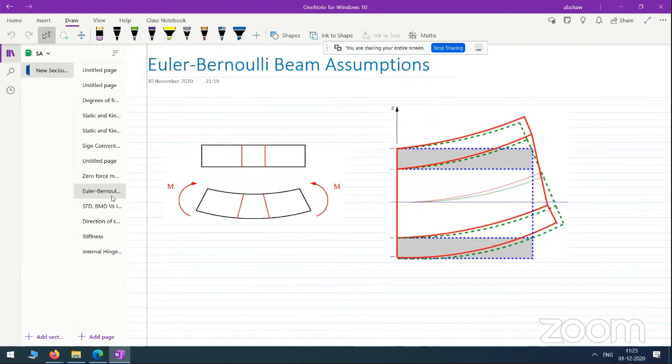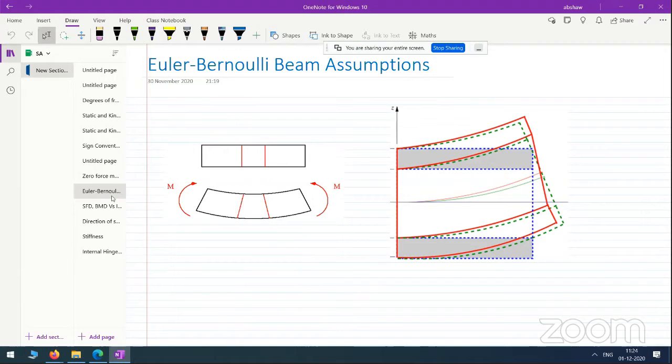One is to state the assumption correctly, and the second thing is to comprehend the assumption, understand the physicality of the assumption, and how this assumption makes our life easier in the context of derivation of beam theory. One of the important assumptions of Euler-Bernoulli beam theory is that plane sections remain plane,